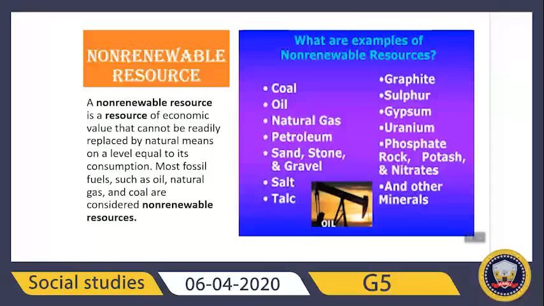So wind, sun, rain, plants and animals are examples of renewable resources. Then the second one is non-renewable resources, and again on page 126 you will find the definition. Non-renewable resources are resources that cannot be replaced and they might be used up eventually. For example, fossil fuels, which include petroleum, coal and natural gas, were formed millions of years ago, and if we use them all up, it will take too long to generate new supplies.